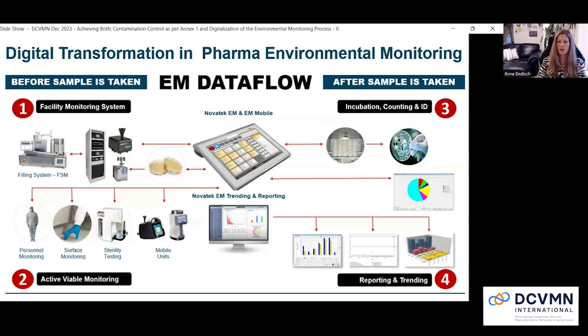For viable sampling, we could also automate the incubation process. It could connect to colony counting devices, perhaps, to read the results of the viable sampling into the system, and also connect to microorganism identification systems that can read that information in. So throughout this process,